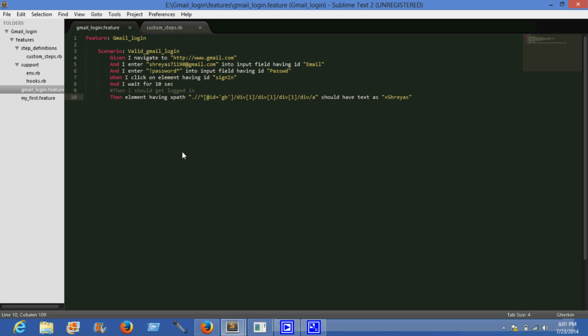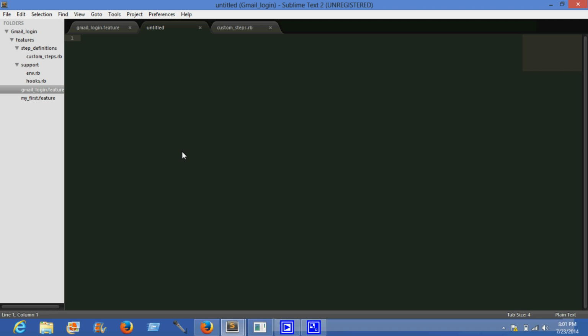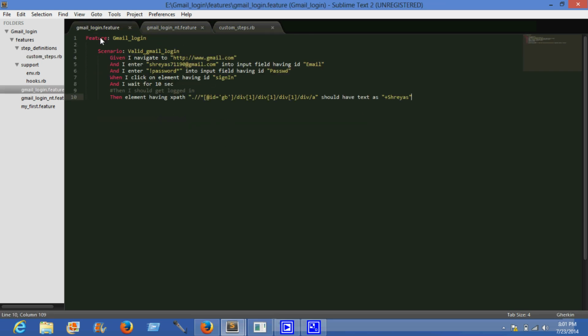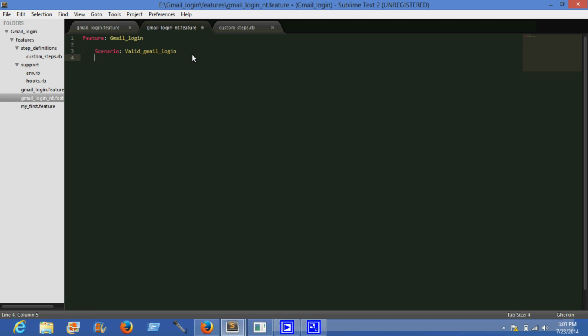So for that I will create a new feature called Gmail login nt. nt means non-technical dot feature file. So I have created that. So I will copy the first part. I pasted it here. So for the valid credentials I will write: given I open Gmail website